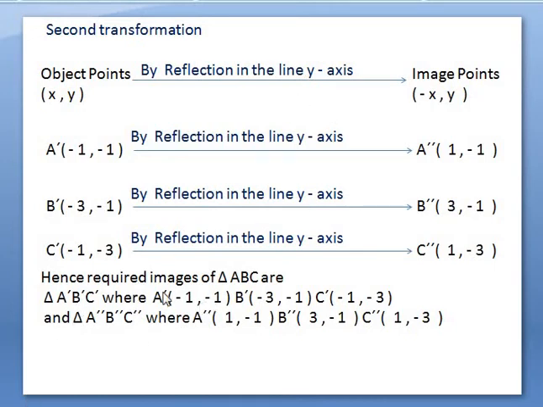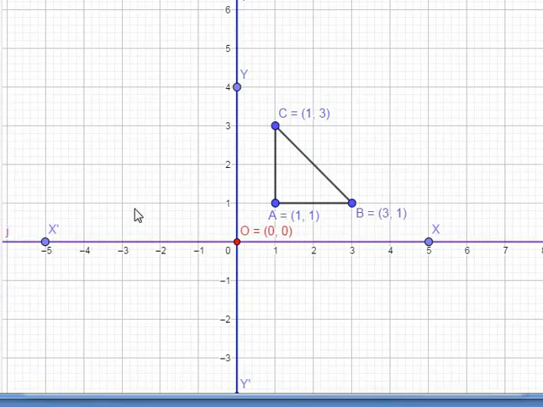Now we plot these image points and object points in the graph. We see that in the graph paper now. Look at this diagram. This ABC is the object. It is given by the vertices of triangle ABC: (1, 1), (3, 1), and (1, 3). Now we plot the other points, the image points. The image of A is A′, so this is A′(−1, 1), and the image of